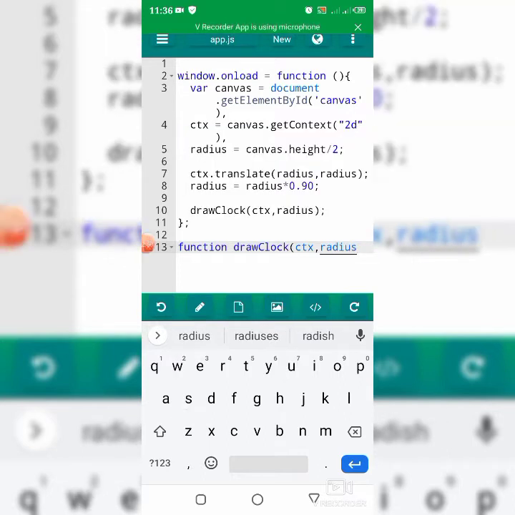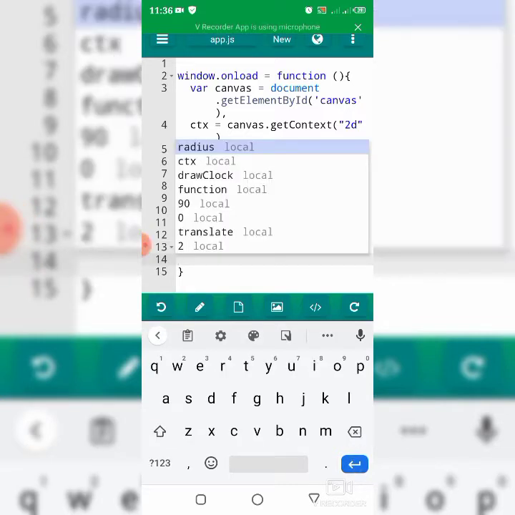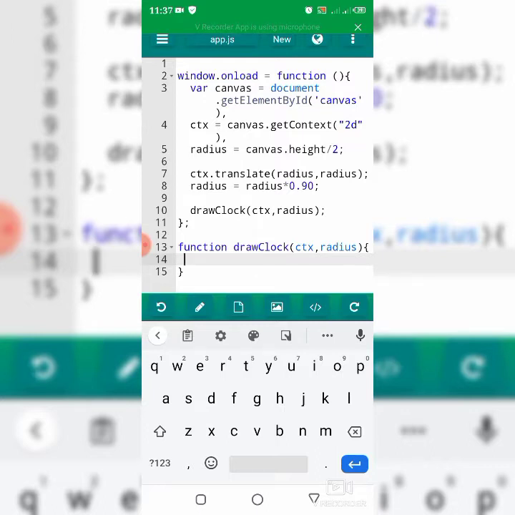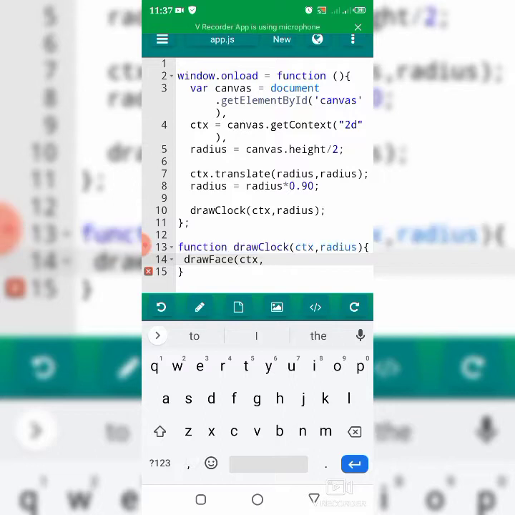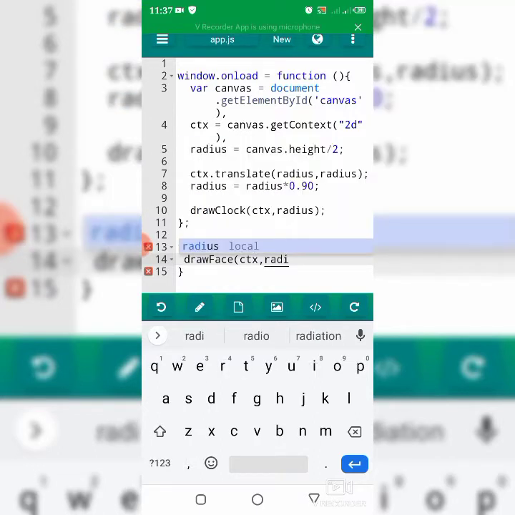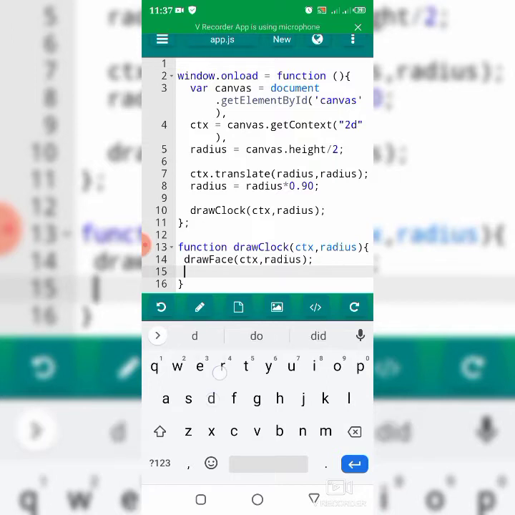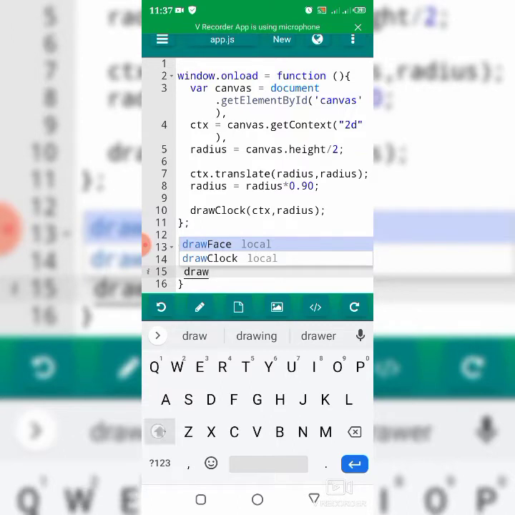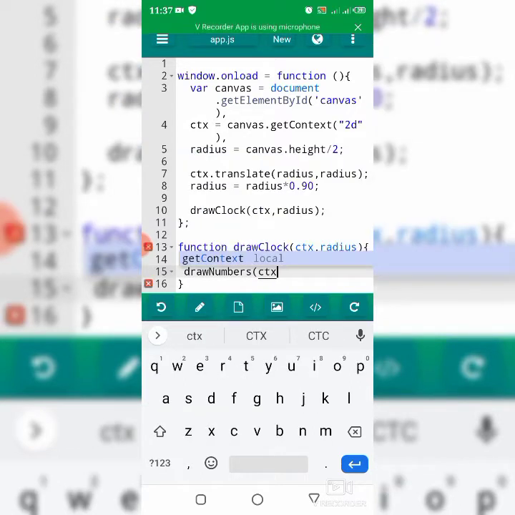Okay, now inside the drawClock function I'm going to call other functions. So I'm just going to call them here: drawFace, and this function is going to draw the face of the clock, and the function also needs 2 parameters, the context and the radius. And there will be another function too. So I'm just going to create the function here, drawNumbers. This function draws the numbers on the clock. Now I'm just going to comment this out for the meantime and start with